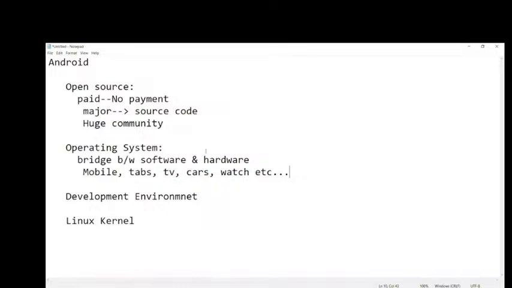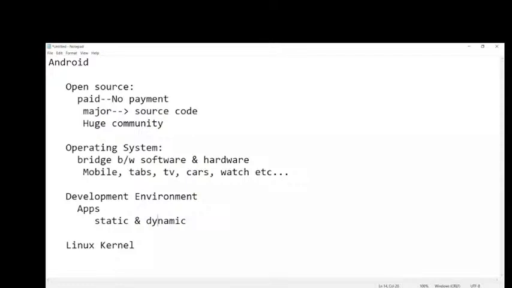Then next is the development environment. So what is a development environment? Using this we can build applications, apps. What kind of apps can we build here? Already yesterday I told this: static and dynamic, both kinds of applications we can build. What is static?